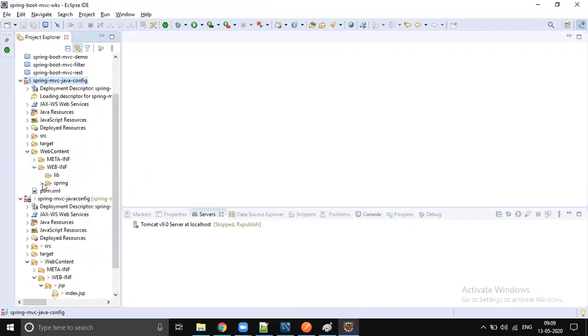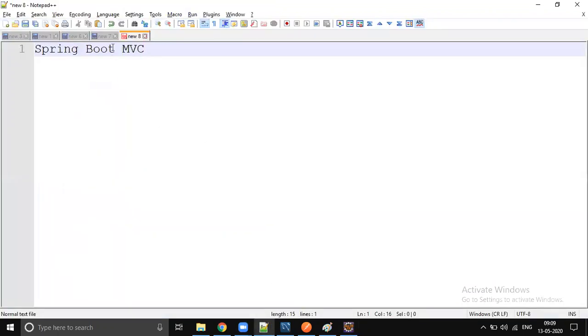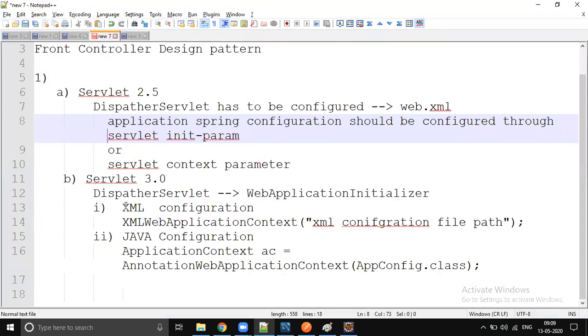The hyphen is missing for one project. One is Spring MVC Java config. Actually, as I said, in Java config there are also two categories: XML configuration and Java configuration.